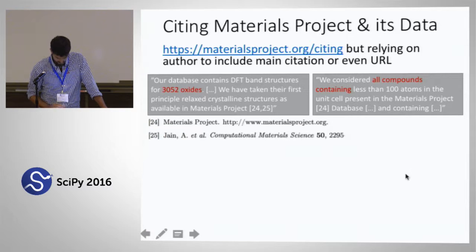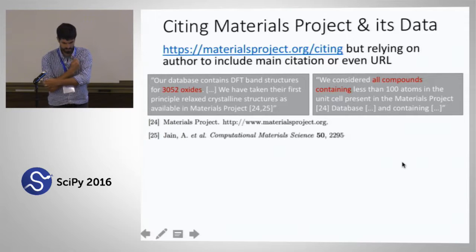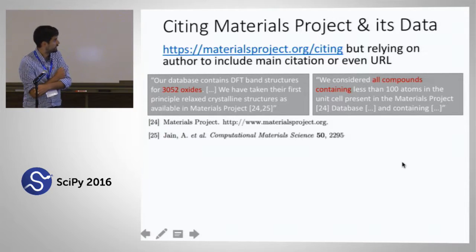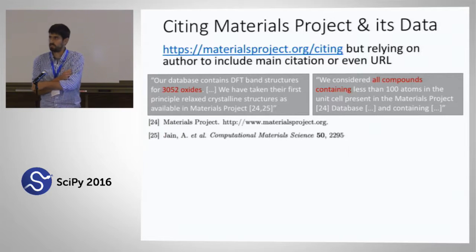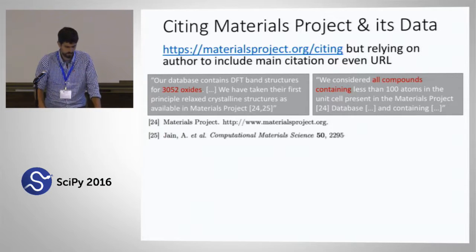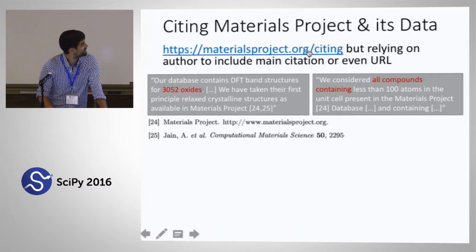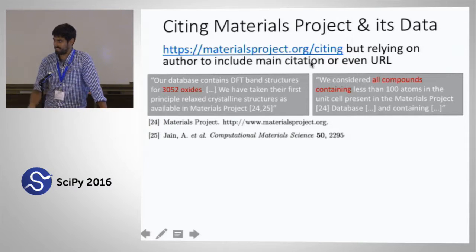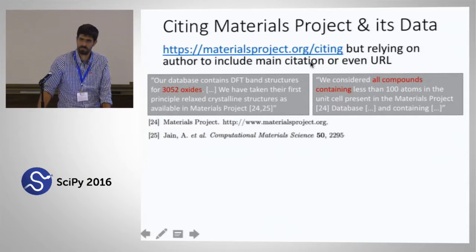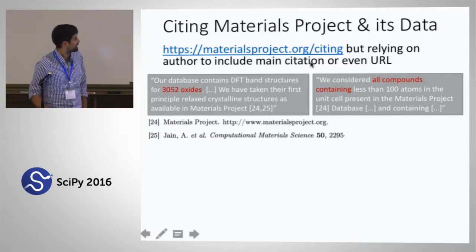One thing my talk is going to be about today is MPCite, which is a package that we just started writing recently and is for the purpose of citing our materials data. I've shown what data we provide, and it's quite a big data set with 70,000 structures. The problem that we're having is that we usually give this link, Materials Project citing, and we ask users that write papers to cite our data set and at least give